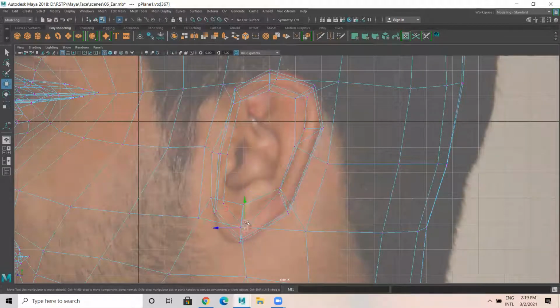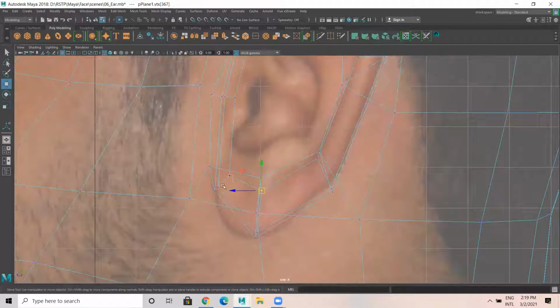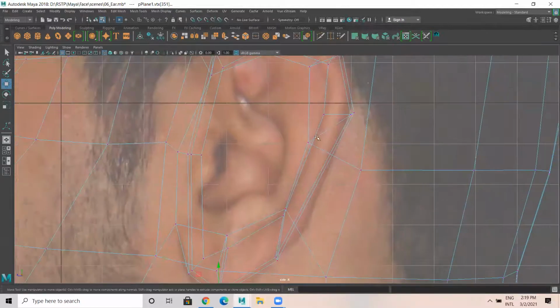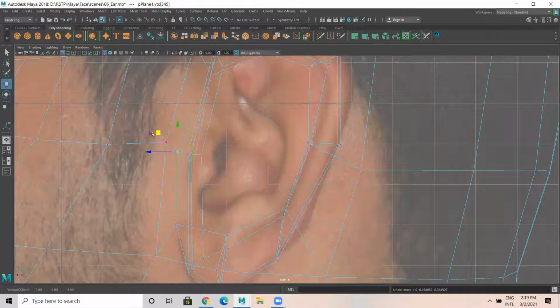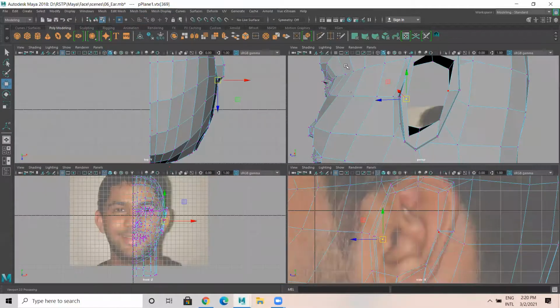Now here, okay, what I'll do here, I need more detailing.